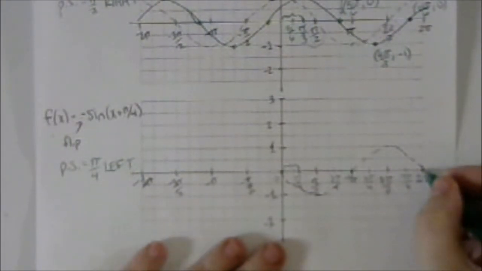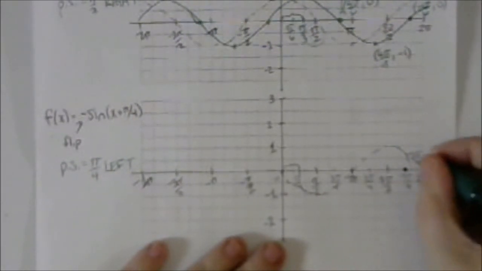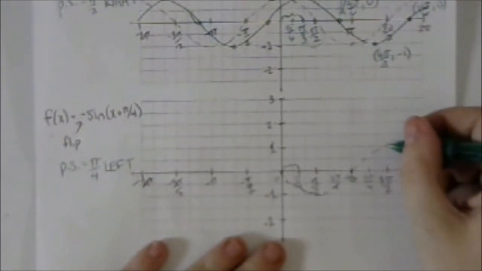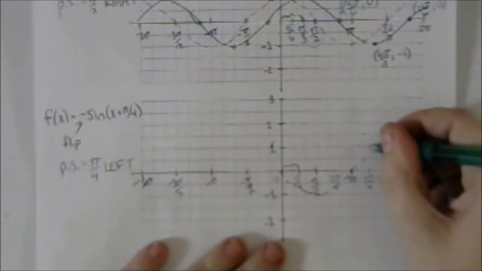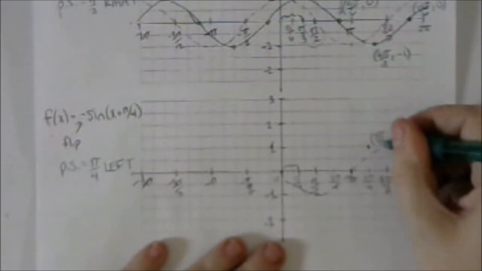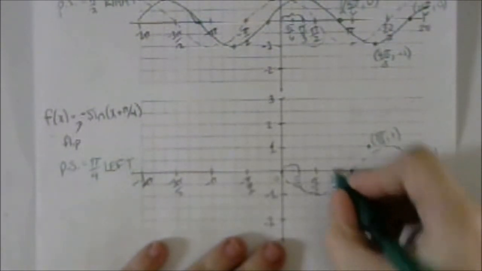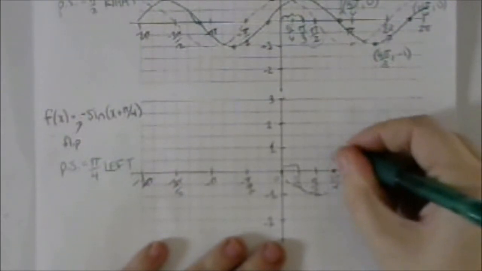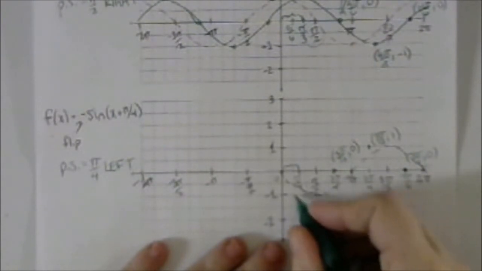Since I'm shifting to the left, I'm actually going to start on my rightmost point. Move this 1.5 boxes to the left. Because I went ahead and labeled all my pi fourths, it's very easy for me to see that the new ordered pair is 7 pi fourths, 0. The top point is at 3 pi halves. When I move it 1.5 boxes to the left, it becomes 5 pi fourths, 1. My point at pi, 1.5 boxes, 3 pi fourths, 0. My point at pi halves, 1.5 boxes,